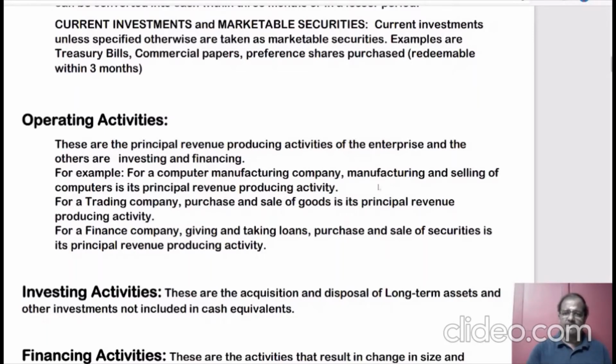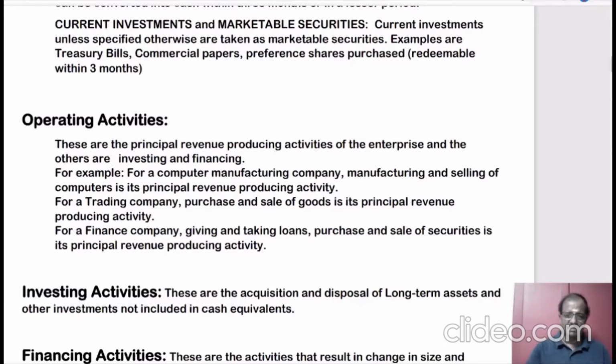Any amount spent on manufacturing and selling of computers is the operating cash flow for a computer manufacturing company. If the organization is a trading company, once again, buying and selling of goods, the purchase and sale of goods, all the related activities and cash flow related to these activities are the principal revenue generating activity